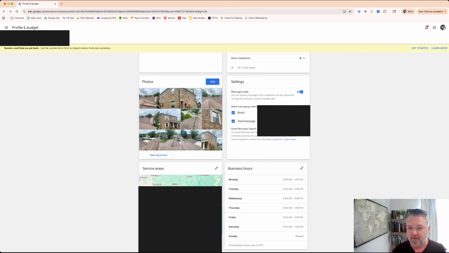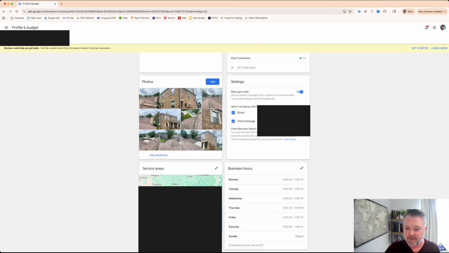And again, if you understand that this could be a $100 call, and if you answer it, the likelihood of getting a sale might be pretty high. But if someone overseas answers it, you might have just thrown $100 away. Or if an answering service or it goes to voicemail or something like that, you might have just thrown away $100. So only put in the hours that you plan to actually answer the phone.